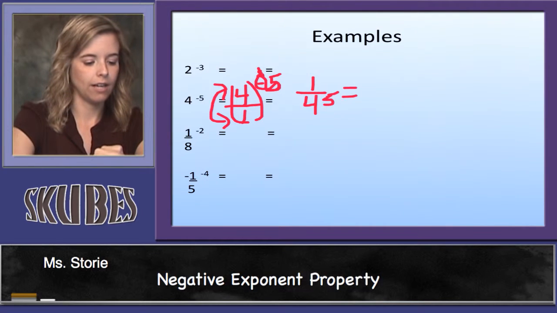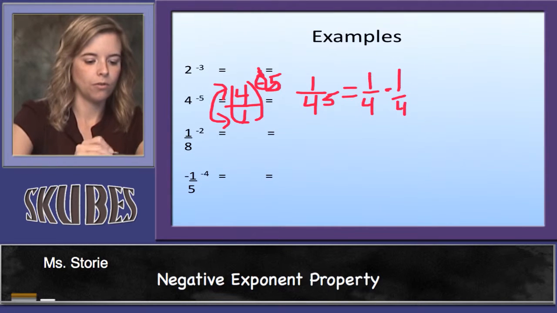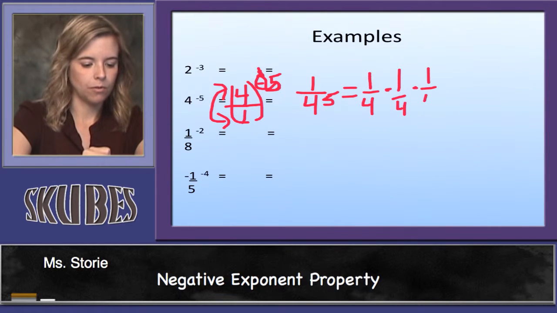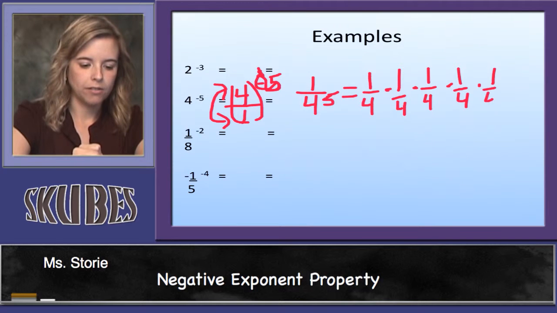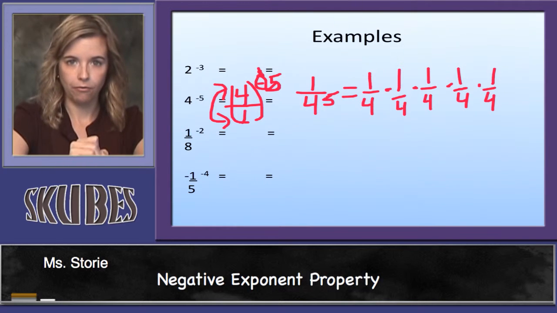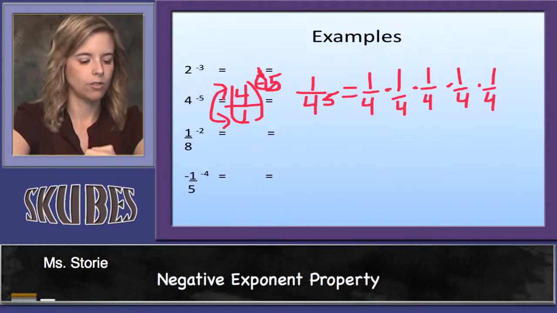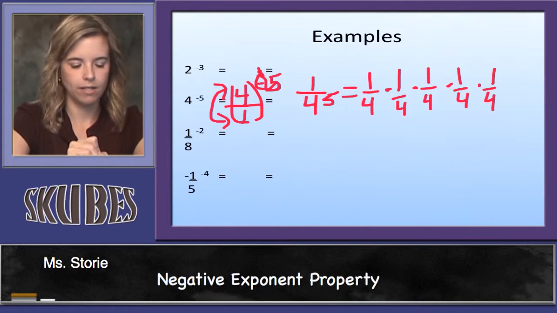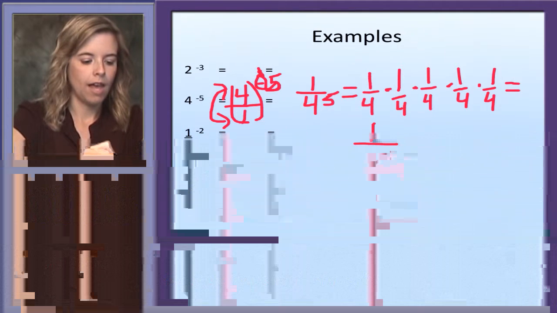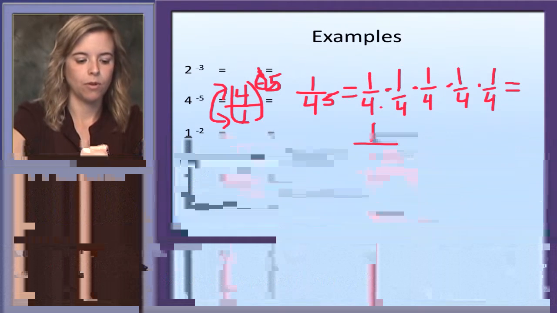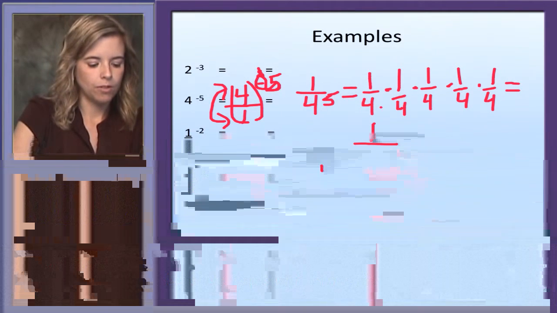Now this is telling you to take 1/4 5 times in a row. So 1/4 times 1/4 times 1/4, and then 2 more times. And you're going to have to multiply this all out. Again, if you're going to multiply with fractions, you just go straight across. So 1, all these times 1, it's still going to be 1. And then on the bottom, you're going to have 4 times 4 times, and all of that. So 4 times 4,